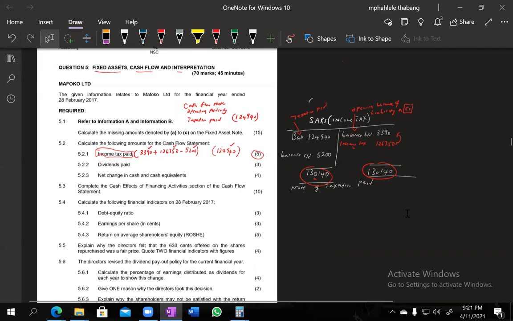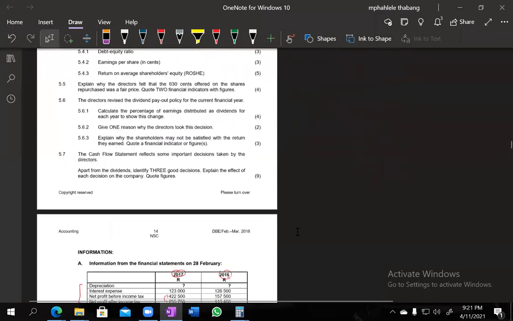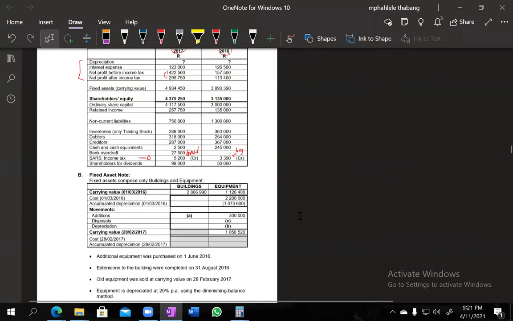This thing is actually not difficult, calculating tax paid. What you do is prepare the SARS income tax account. You look at the SARS income tax at the beginning: it is 3,390. It's a liability. How do I know? I see CR here. This CR means SARS is a creditor, whatever the business owes SARS. We owe SARS at the beginning of the year